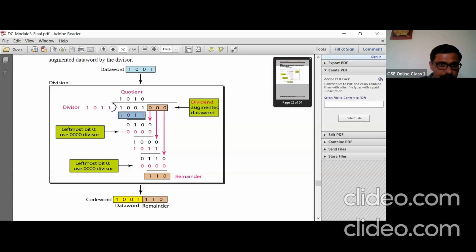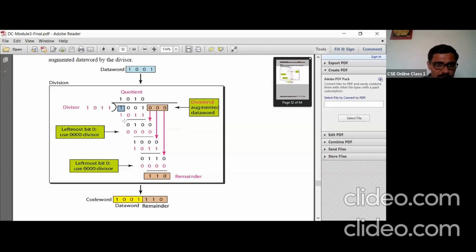If the leftmost bit is 0, for example here, then 0, 0, 0 is the divisor. You have only 2 cases here. If the leftmost bit is 1, this will be your divisor, that will come here. If the leftmost bit is 0, then 0, 0, 0 is the divisor. Now you go according to that. So the leftmost bit is 1.